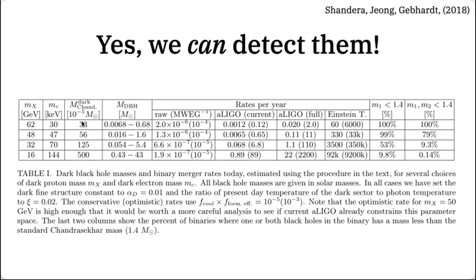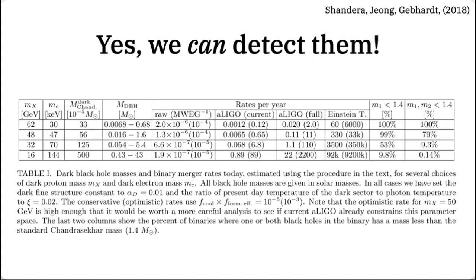And then we also have the Chandrasekhar mass. As I said, as you increase the proton mass, the Chandrasekhar mass becomes smaller and smaller. And it turns out that for this parameter choice, the opacity limit, the minimum Jeans mass, is actually always bigger than the Chandrasekhar mass, meaning that whatever star we form must be a black hole. That doesn't necessarily have to be the case, but this turns out to be the case for these particular parameter choices. And what's interesting is that for advanced LIGO current and future, we expect, depending on the fraction of black holes in the total dark matter.